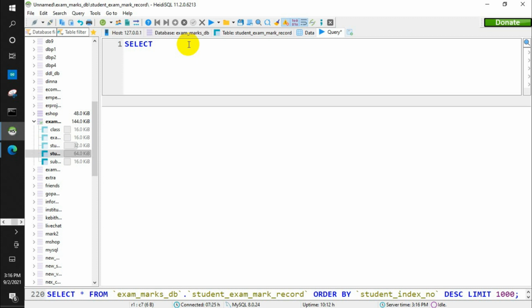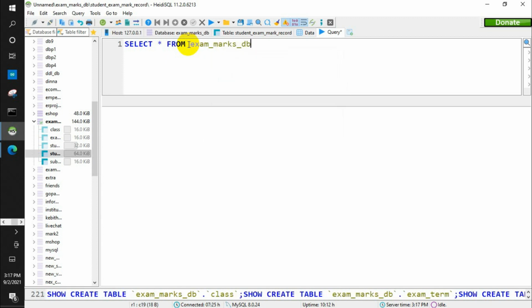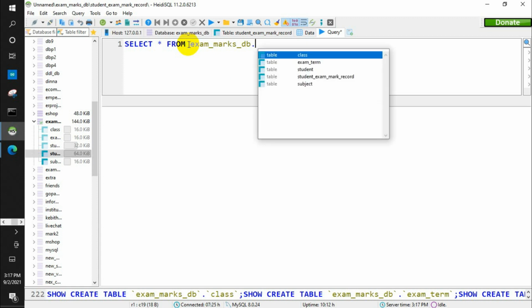So select, first simply I'm going to select all from. First, when you are extracting data from a data table, we have to mention the database in which the data table is present. According to the database model we discussed, data is stored in tables and tables are stored in databases. So when you are going to extract data from a table, you have to specify its location.